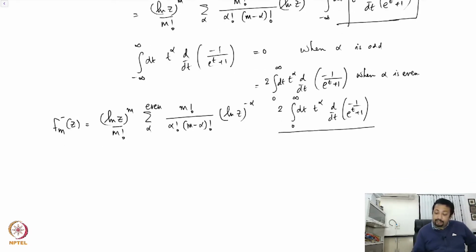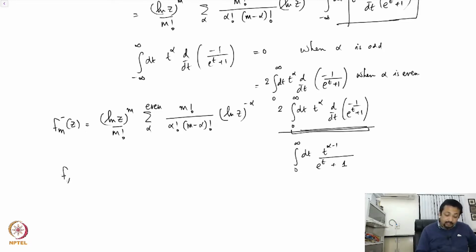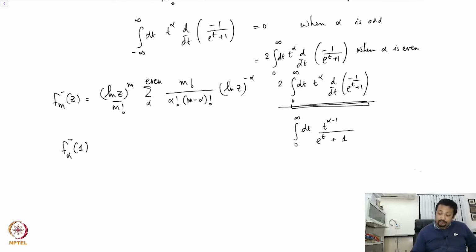If you are clever enough, you will see that I can integrate again by parts, and I will come up with this integral being 0 to infinity dt t to the power alpha minus 1 over e to the power t plus 1, and this is exactly f alpha minus, so that I have, if you want to recall,